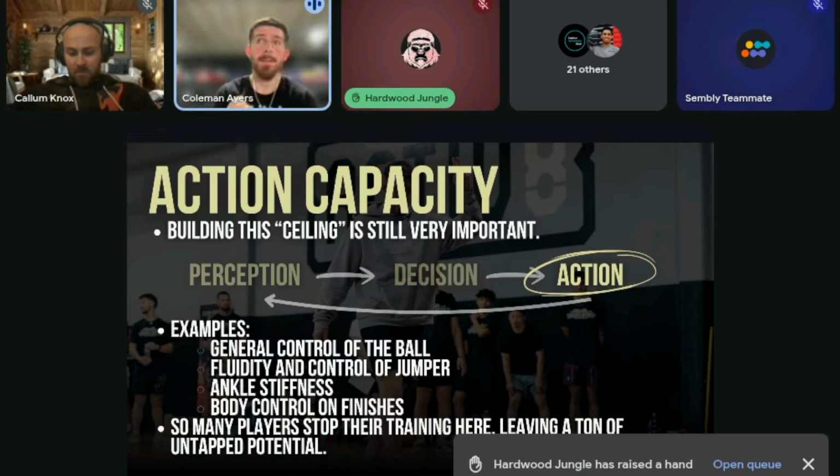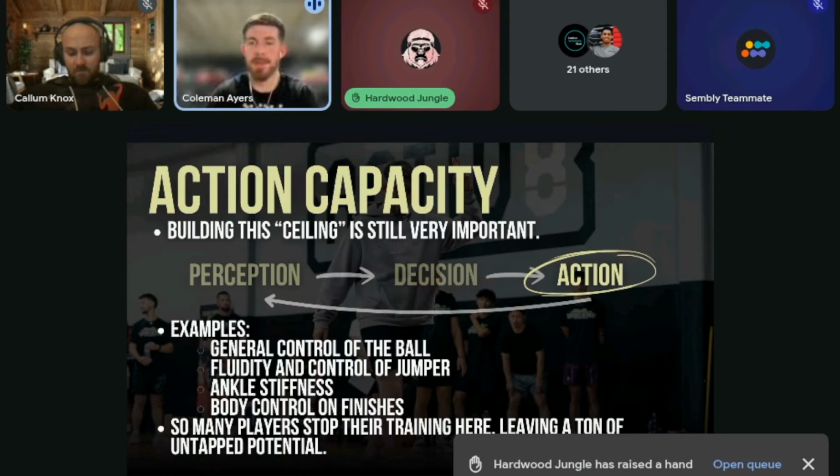And this is where sometimes it may look not very game-like, and that's actually a good thing, because if we do game-like things all the time in a 1v0 environment with no defense, nothing is going to be game-like, because there's no defense. It's not a game. So how is something going to be game-like?